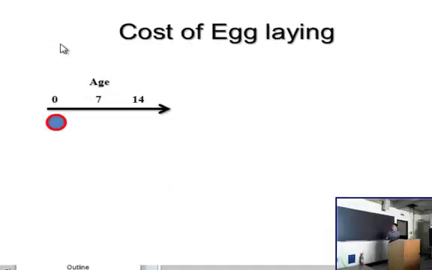To figure out what the cost of egg laying was, I began one treatment where flies always had access to this host, which is a papaya piece, a common host to both species and very available in Hawaii, where this research was conducted. So this control, these females received the papaya daily until death.